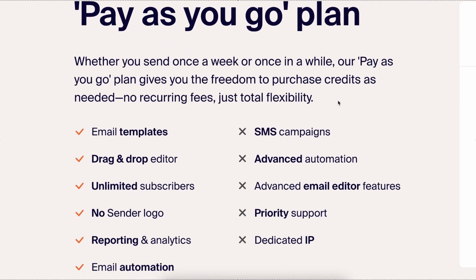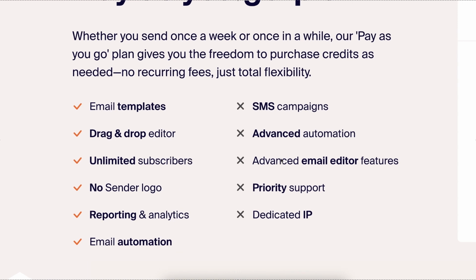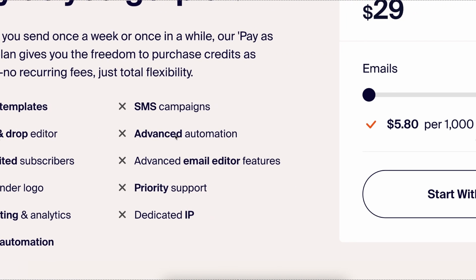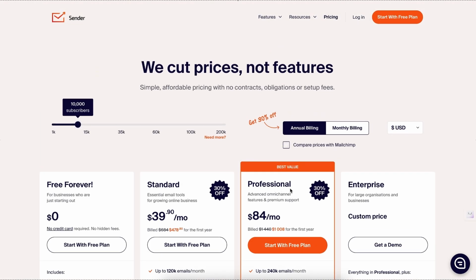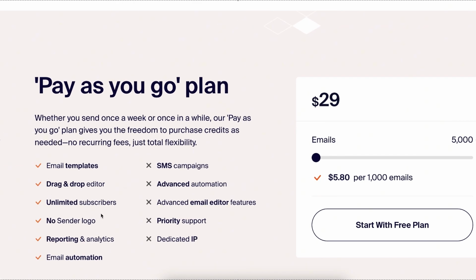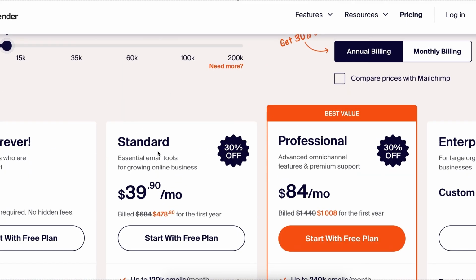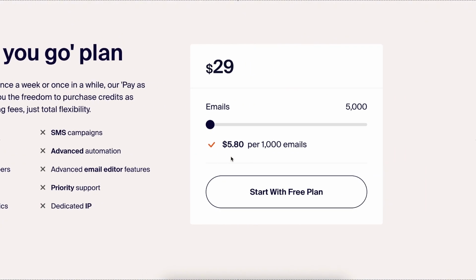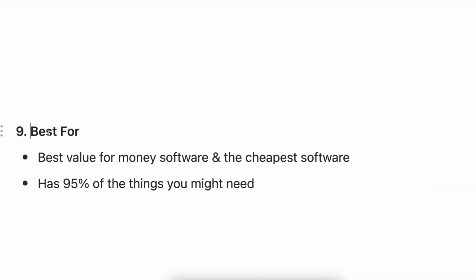In here, as you can see, you have all of these different features, email automations, all of that. You might not have a couple of things that you have on the professional plan. But if you just want the basic, almost like this standard plan, then you can just choose this and pay per emails sent. So for example, 10,000 emails is $57, so you can choose which one you want to do. So this is best if